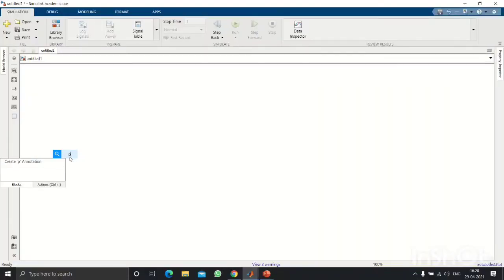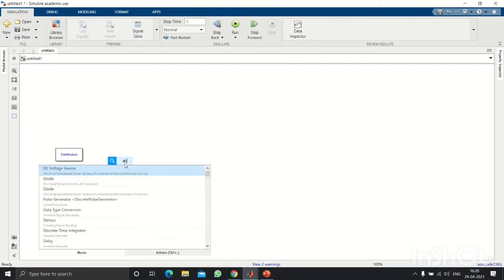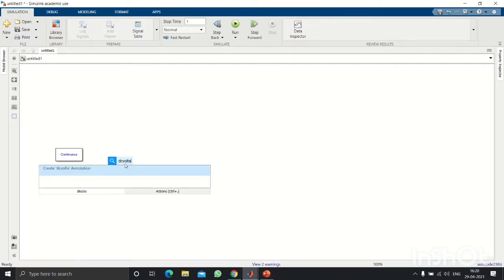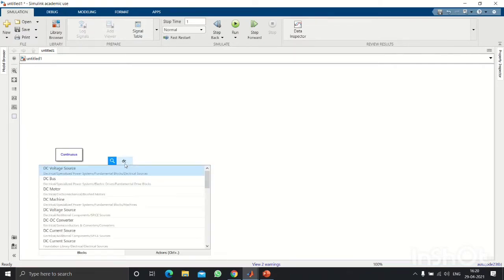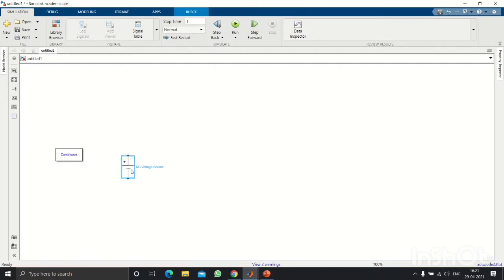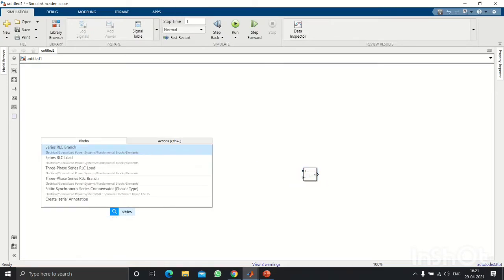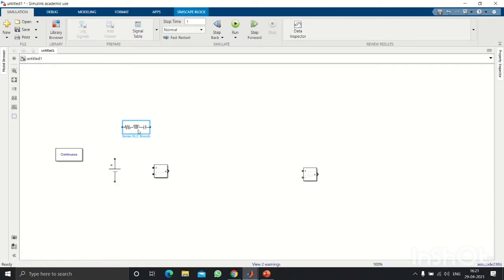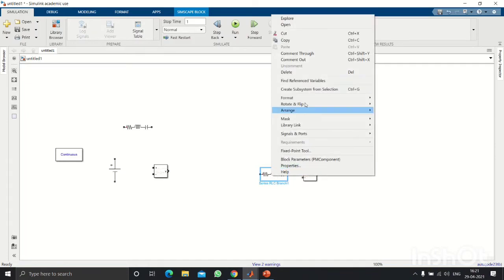Now let's see how we'll simulate a step-up DC chopper in MATLAB Simulink. So we'll get the powergui block and the DC voltage source block. Here we are using 10 volt DC voltage. Now we'll get the voltage measurement block. This is used to measure input voltage as well as output voltage. We'll get the series RLC branch, which we can use as capacitance, inductance or resistance according to our convenience.